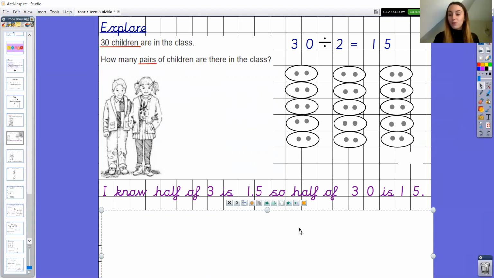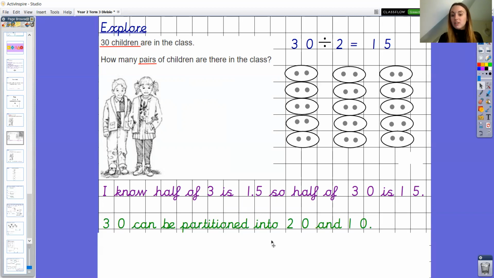I know half of 3 is 1.5. And remember, we say that as 1.5. It's a decimal number, which I know we learn about later on in school. So I know half of 3 is 1.5, so half of 30 is 15. As we used to discuss in big maths, it becomes 10 times greater. So you might have used that fact to help you if you remembered that from our big maths sessions,